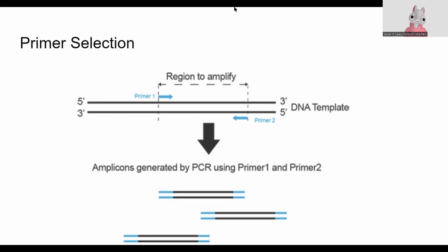One of the things you should be able to do is look at the DNA templates and then, remembering, which we'll talk a little bit more about later, that the primer is also DNA and has to attach to the template, can you label the 5' and 3' ends of the primer? Now, one of the things also to remember is that DNA can only be extended on a 3' end. So that means that the 3' ends of the primers must both be facing the region to amplify. So just one more time, the primers have to be facing with the 3' ends in towards the region that